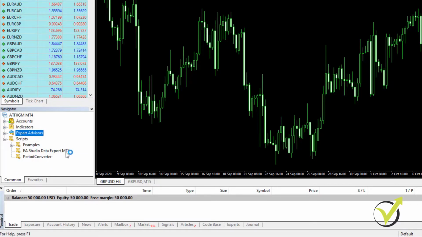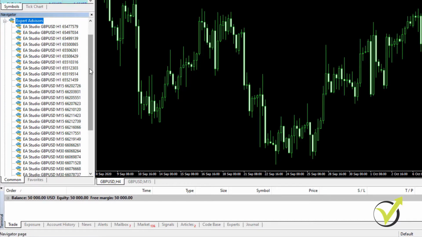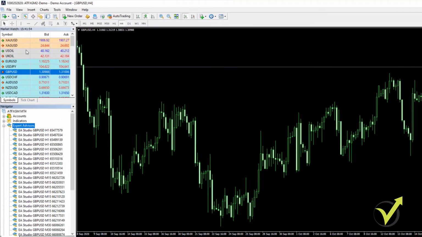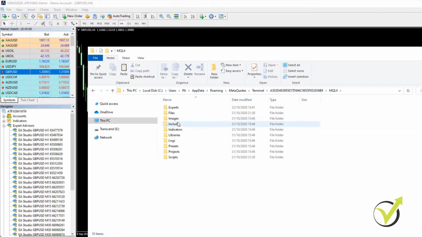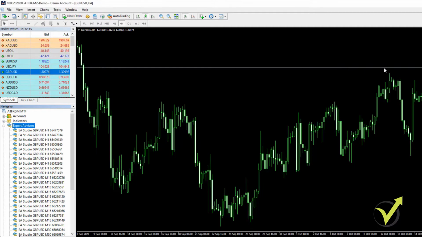This will force MetaTrader to compile all of the 30 expert advisors. And if I click on the plus button in front of it, you will see that I have all of the expert advisors listed below, and these are the ready ex4 files. So if I go again to File, Open Data Folder, and I click on MQL4 Experts, you will see that now I have the ex4 files, which are the ready trading robots. So this is how easy it is to compile the expert advisors on MetaTrader 4.